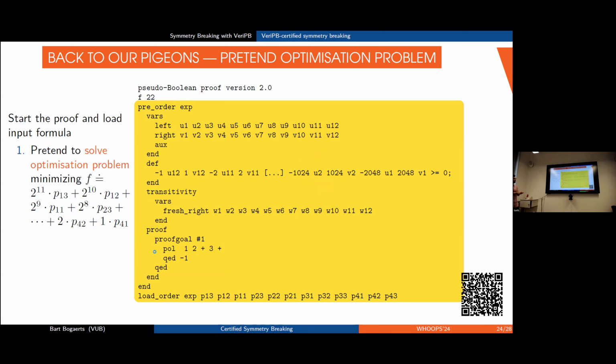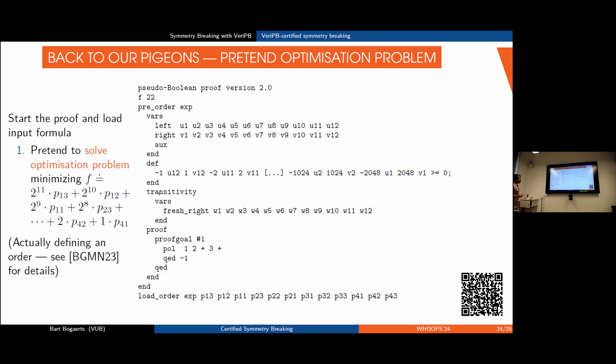So this is the magic you need to do for setting up this fake optimization problem. This can even work in the context of real optimization problems. So you can have real optimization problems and apply dominance there, where you have your actual objective, and then you define a separate order that you promise is strictly decreasing whenever you use dominance. And